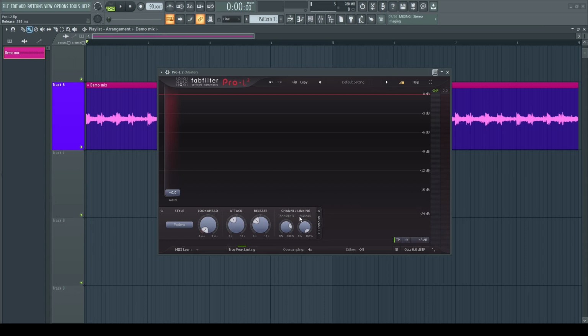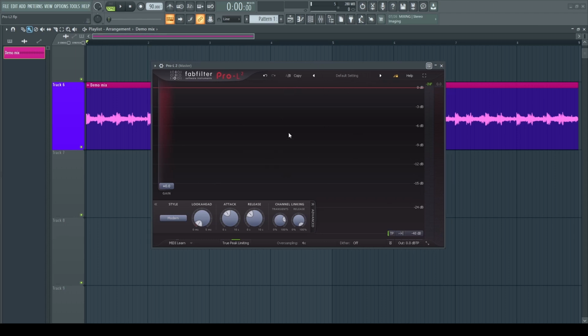At the end, there is channel linking. This is related to stem mixing and mastering, which means if you have some sidechain option enabled with this plugin, like you have used Pro L2 on any of your channels for sidechaining, if you link it to this plugin, then while exporting, it will be exported with the sidechain triggered. So you can simply link them to get your signal with the sidechain.